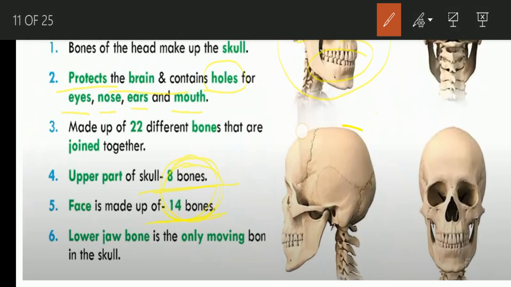The most interesting part is that all these bones are unmovable. Means all these bones are not going to move. The only bone which is able to move is the lower jaw bone. This is the only part which is going to move. This is the movable